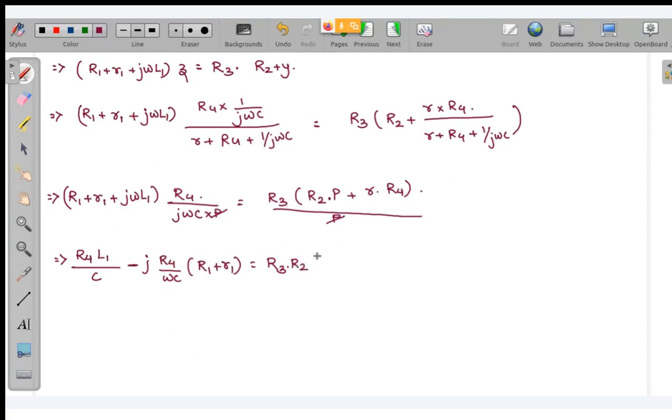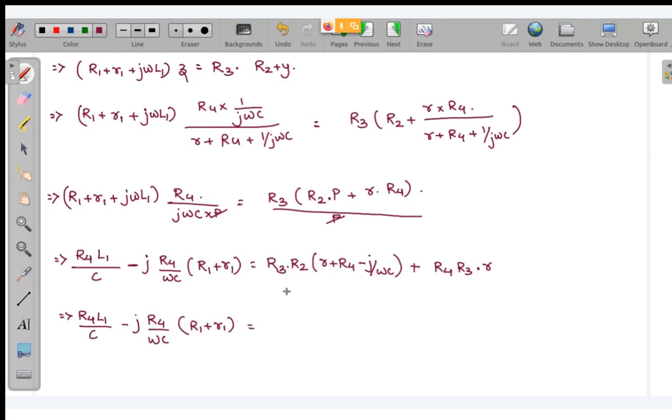Into P. So P is, plus R4 minus j by omega C, plus R4 R3 into R, R4 L1 by C, minus j R4 by omega C R1 plus R1 is equal to,